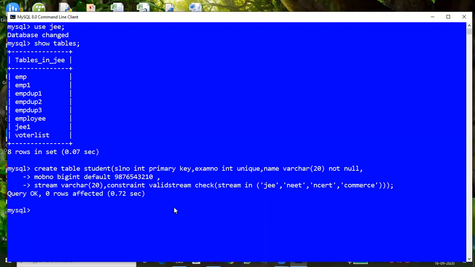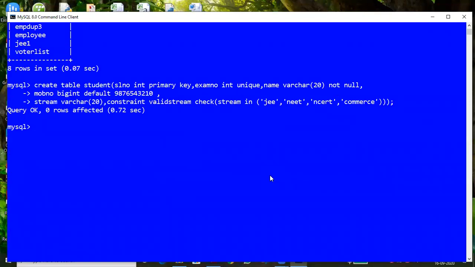For this table, we made a small mistake yesterday in the class. That is a missing comma, which is a real-time thing. While you are typing, for example, I am thinking the time is about to complete, so in a hurry I'm just typing it. But whenever you are typing, you have to be very careful about it.